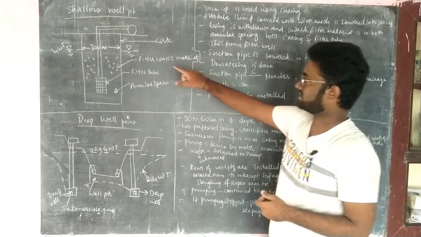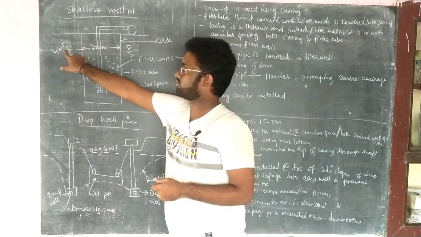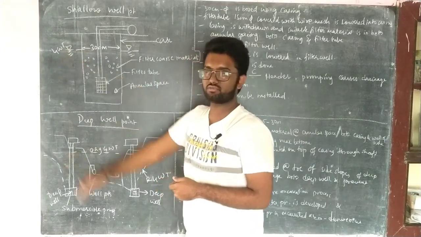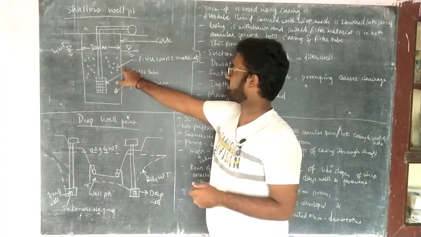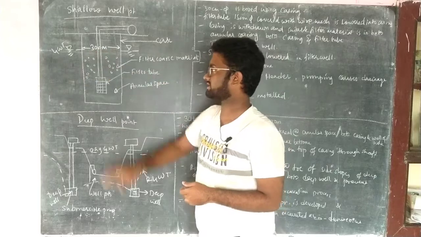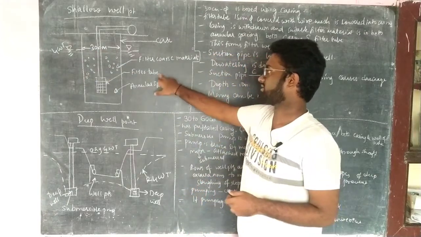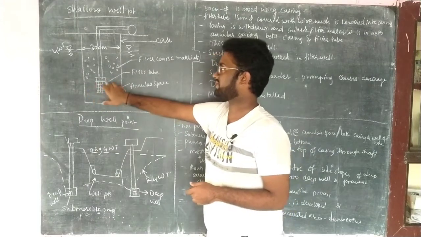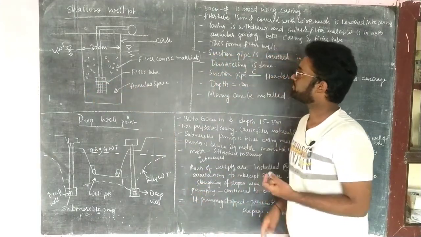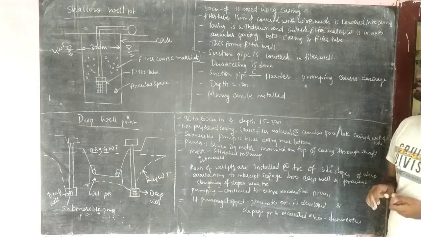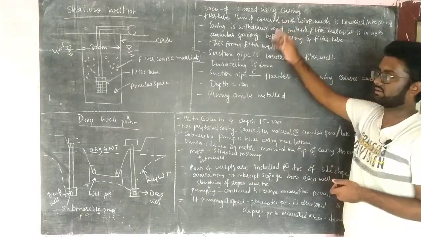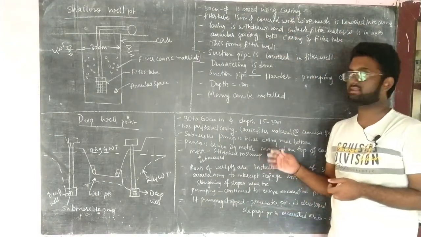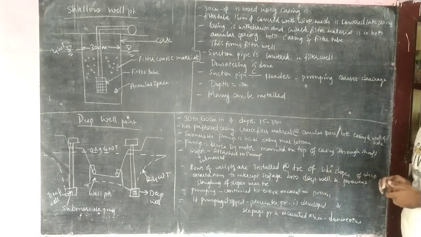It is having 30 centimeter diameter. This is the groundwater table at which the groundwater is located, and it is the filter coarse materials which is present inside the dug surface, and this is the filter tube that you are going to see here, and this is the spacing where vacuum is created in this particular area. So let us discuss about the working procedure of the shallow well point. Using the casing, it is being bored and it is being dug. The filter tube is 15 centimeter in diameter.